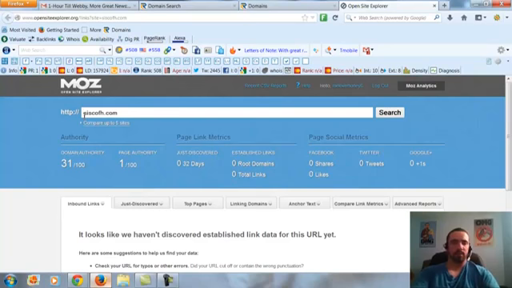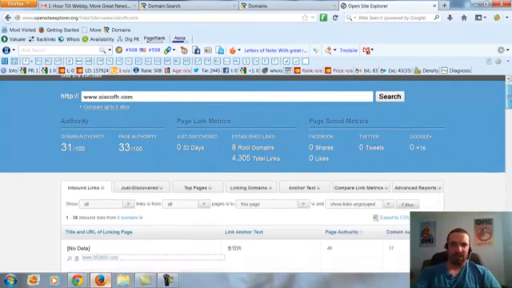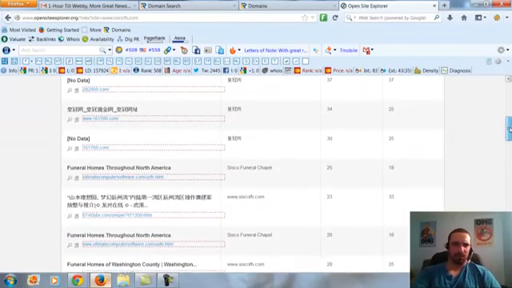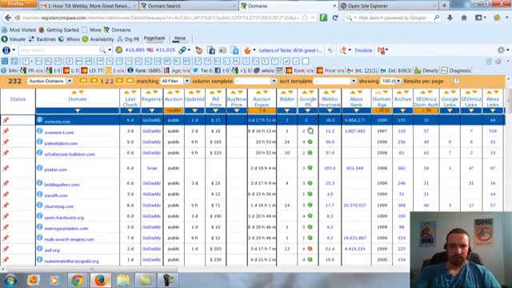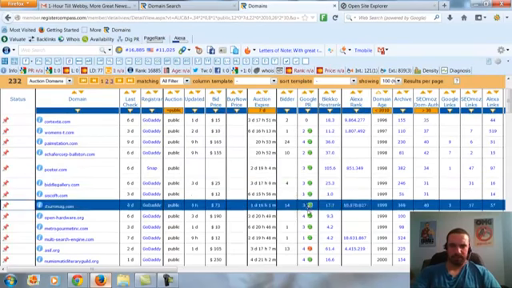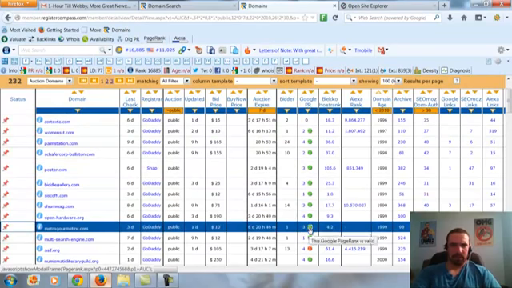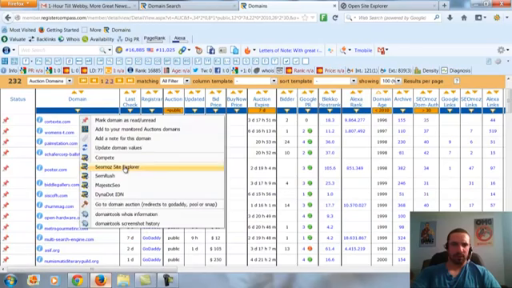So let's go check the www version. It's probably at that version because it's so old. Alright, so it's got 8 linking root domains. They're all foreign. So I wouldn't do that one. Let's go to the next one. Here's a PR3. It's at $10. It'll probably go higher because it's got a good amount of days left. But let's just go check it out anyways.